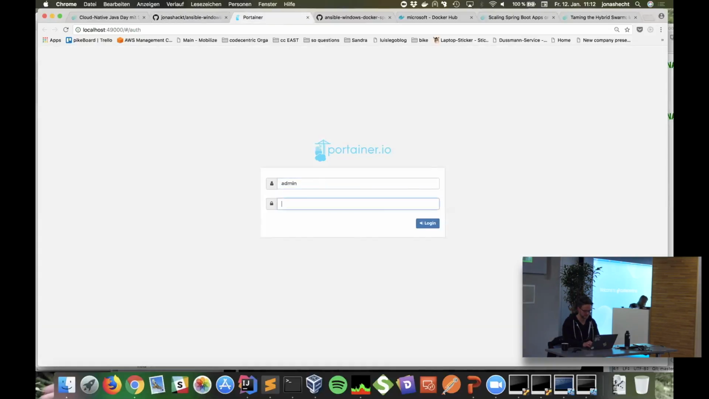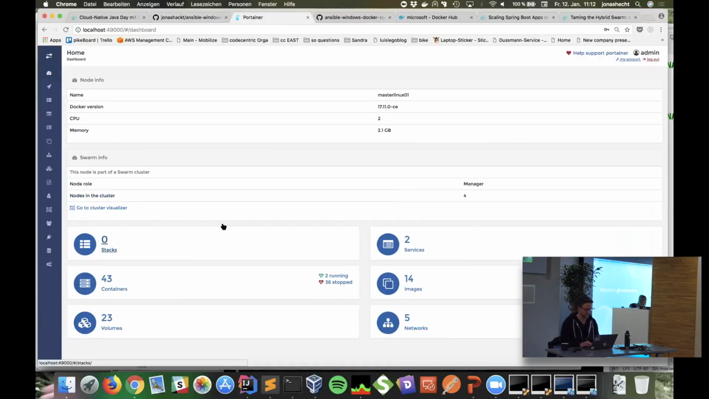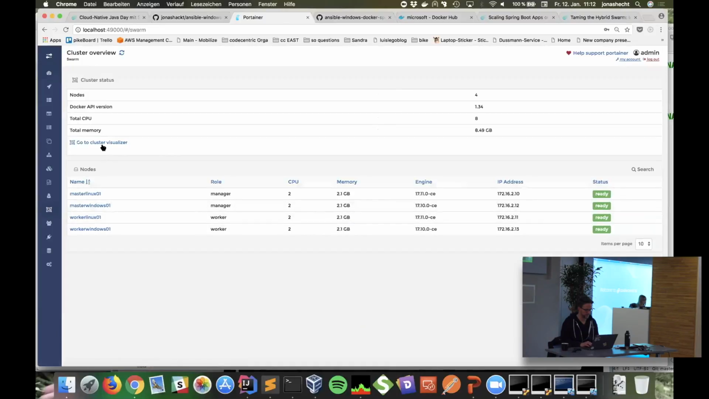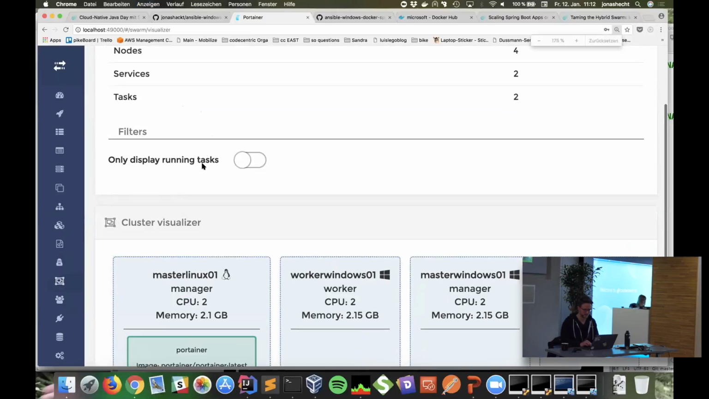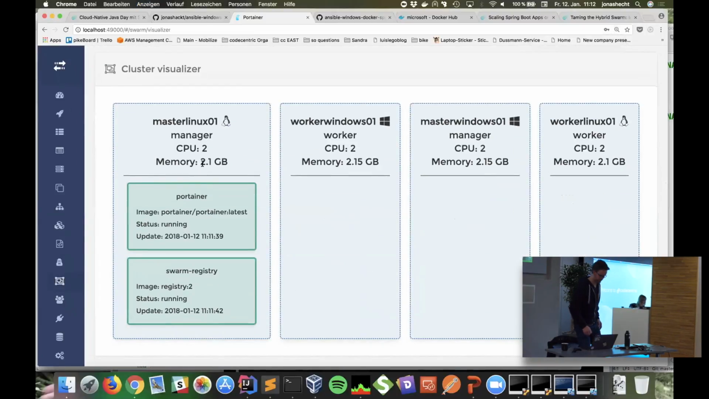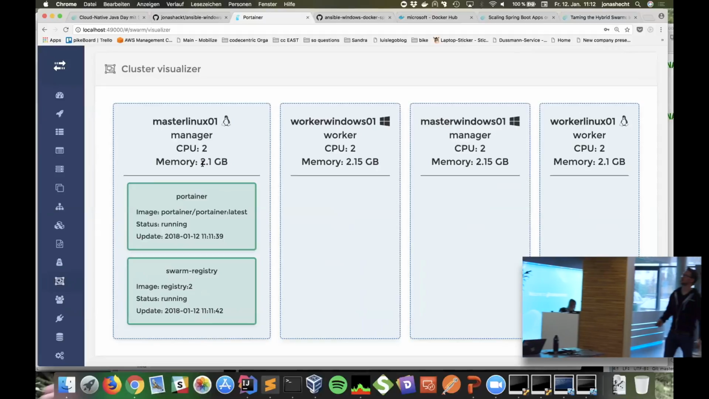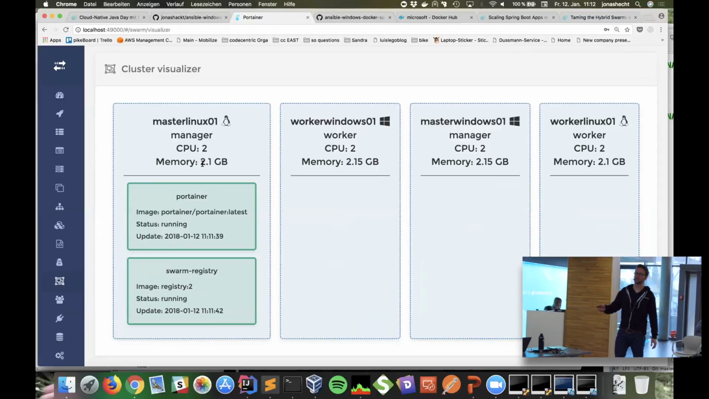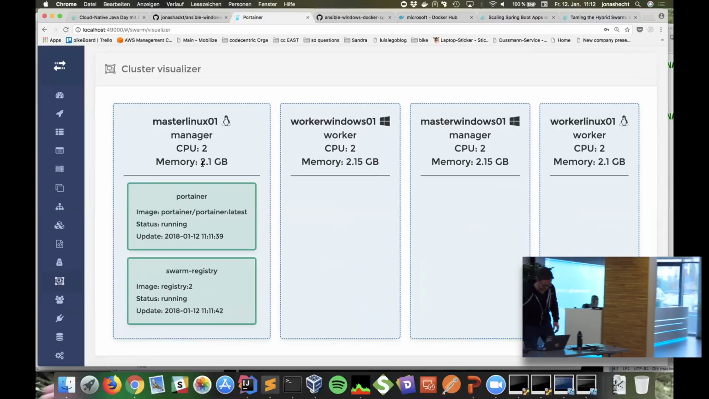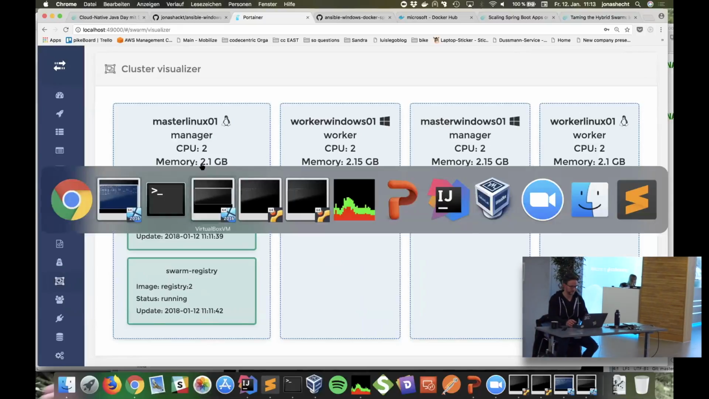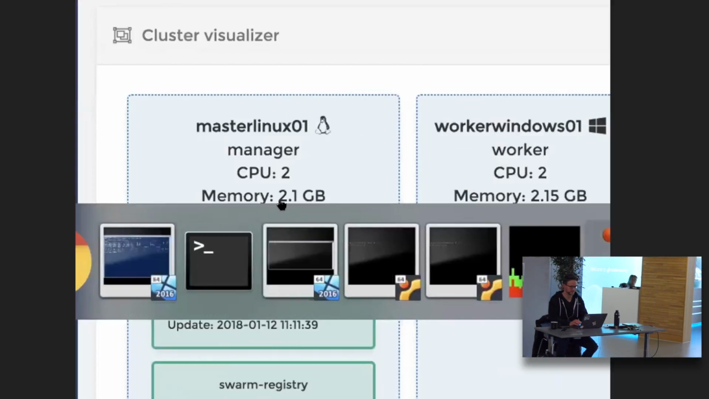3 minutes, that's not much, but okay. Right, and there we have our swarm. Right, so we have this master Linux, worker Windows, master Windows, worker Linux. Just the two services. Portainer is running as a Docker Swarm service, and the Swarm registry is also running as a Docker Swarm service. And now we can hopefully do the final step, which should be